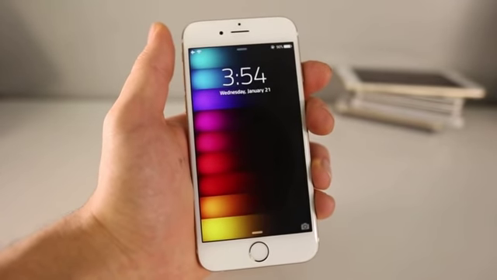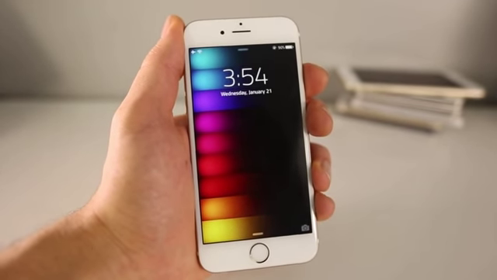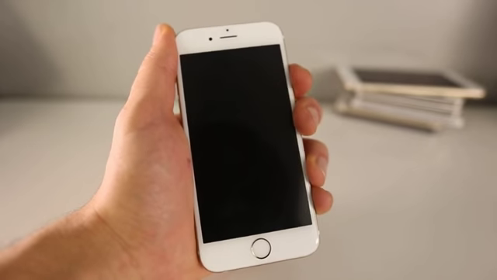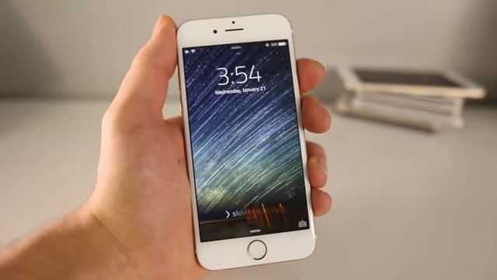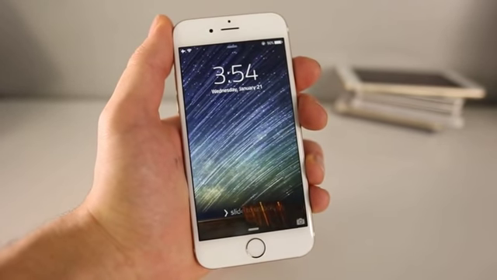If I turn it back on, it cycles wallpapers for you, and same thing for the actual home screen. So I think it's really cool. Keep iOS 8 fresh, always cycles your wallpaper. Sometimes I keep one wallpaper for so